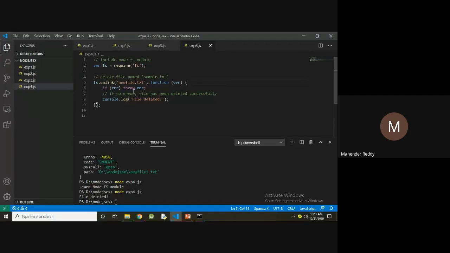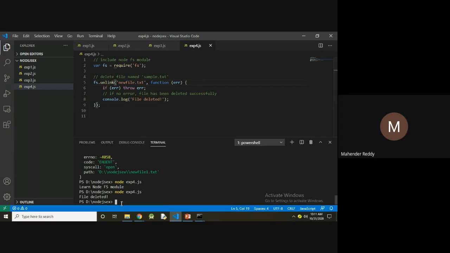For creating and writing, we are using the writeFile method, for reading, the readFile method, and for deleting, the unlink method.